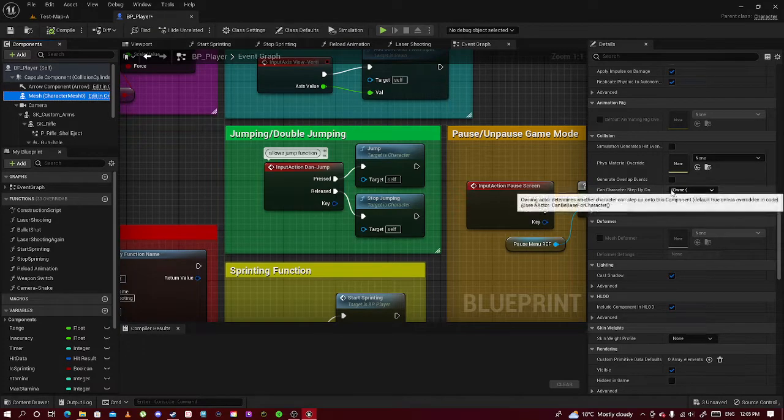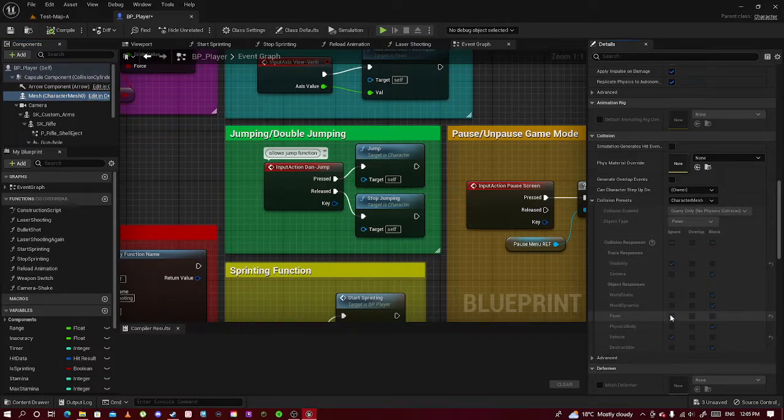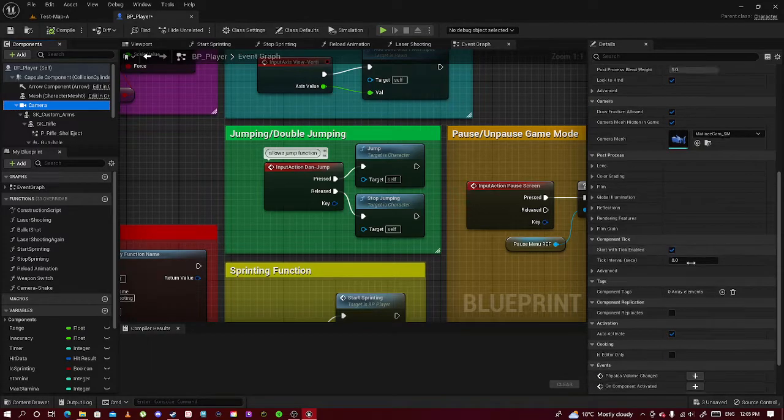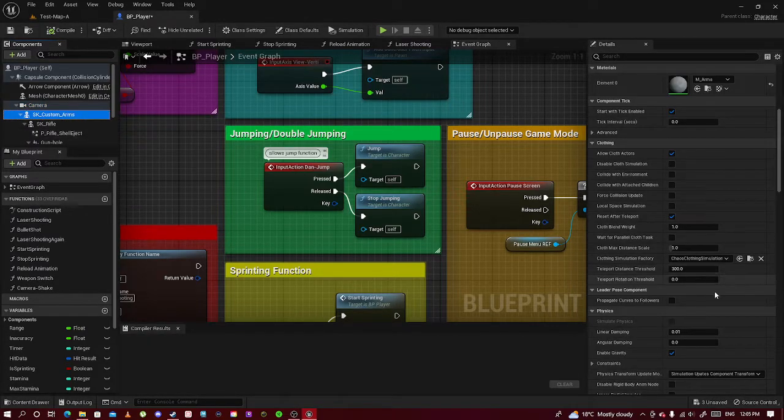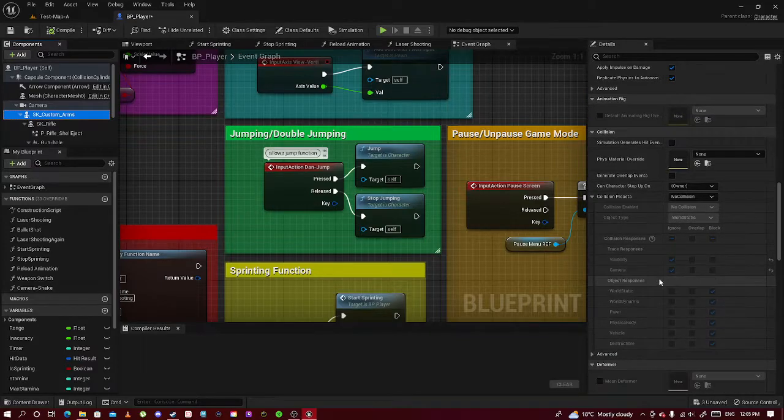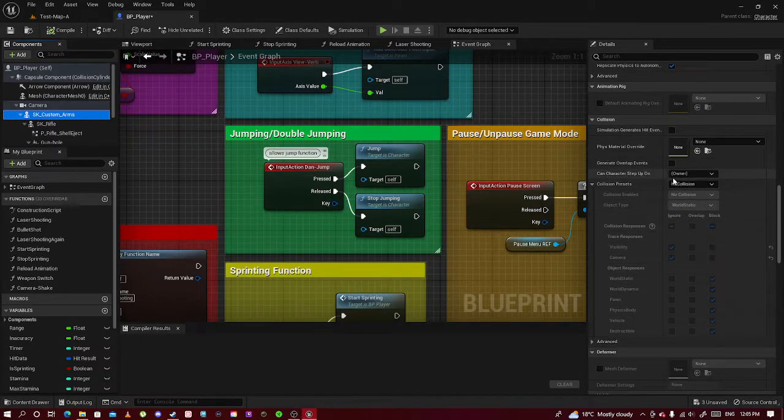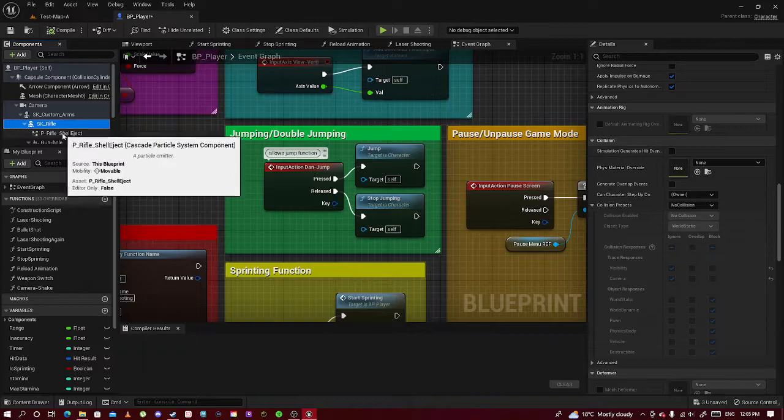So can character step up on, owner. Collision preset is character mesh. So pawn ignores vehicle and ignores visibility. We go down to SK custom arms, I think it is. Okay, so collision, can character step up on, owner, no collision, collision presets set, SK rifle, no collision,